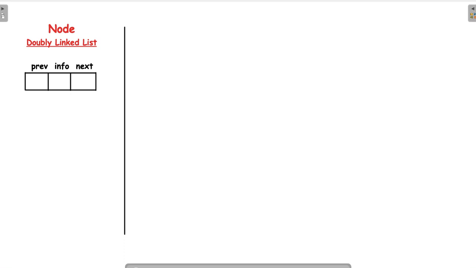Hello friends, welcome back to the data structure tutorial, and today we will be discussing doubly linked list. In the previous videos we have discussed singly linked list and the operations on singly linked list, with the implementation of insertion and deletion from the singly linked list. Now before starting with the doubly linked list, let us discuss the structure of a node in the